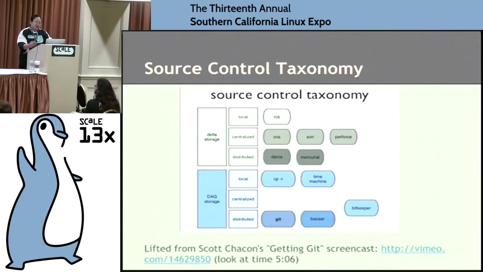In comparison, Git uses a DAG storage, which I can't tell you much about, but it's a concept that it takes a snapshot. So instead of just storing the delta between one version and the next, it's actually storing a snapshot at that point in time. And the only reason this doesn't balloon up and become a humongous repository is that they use little tricks. Like if they have multiple copies of an object, all the copies are actually only linking to one object. And in this way, they can save on space.